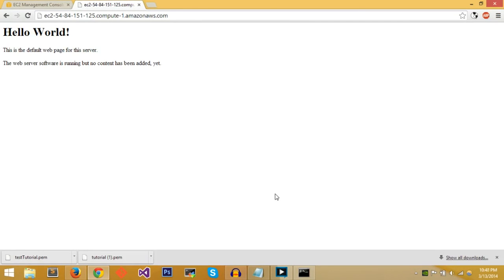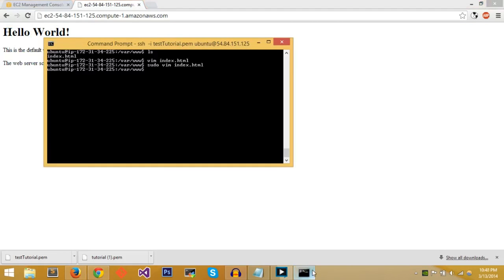Yeah, so you have SQL, you have PHP, Apache 2's working, and you know how to customize the website index.html. So www would be the folder in which you would put all the contents of your website if you were communicating with a server. And that's why I showed you all of it. It's a little thing that I wish was a really great in-depth video, but at the time when I was learning EC2 instances, there wasn't really a great video, or I couldn't find it easily. It wasn't on the top of the search